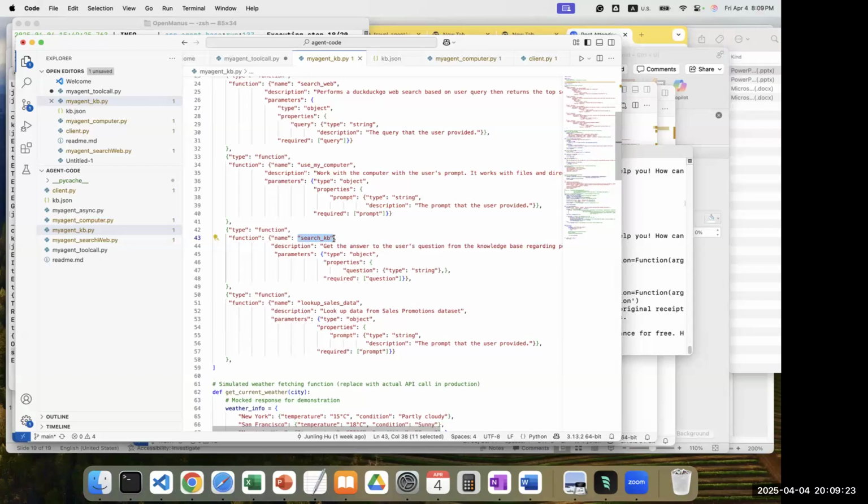Okay, so then you asked a different question. Instead of asking what is the return policy, you said, tell me the return policy. The search KB is just a function. It is going to take that question, right? Same, tell me your return policy. How is it able to retrieve the same answer then?